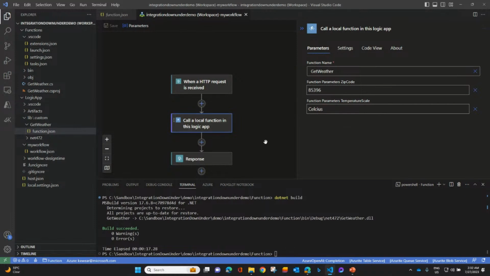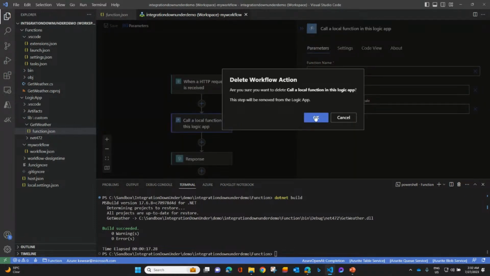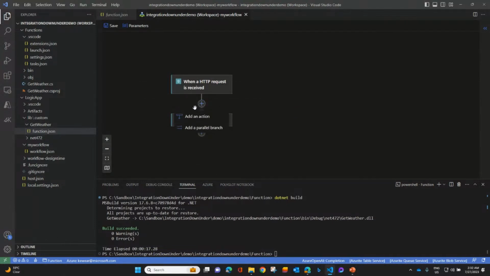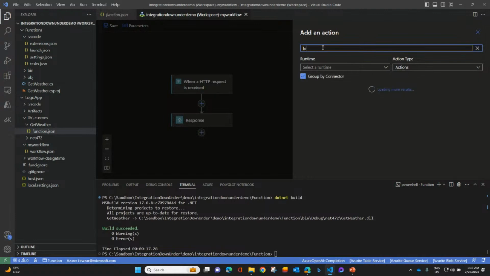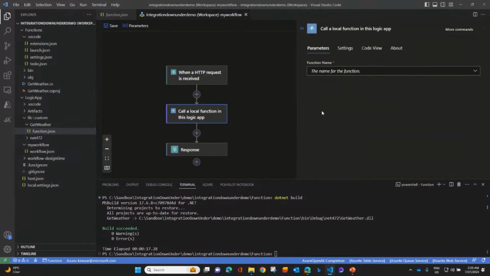Now, just to show you where you'd find this, let's go ahead and delete this action, and we'll re-add it. So this is built in. So if we go in here and just type local, we'll go ahead and find it, and we can just add it. And when we click this drop down,